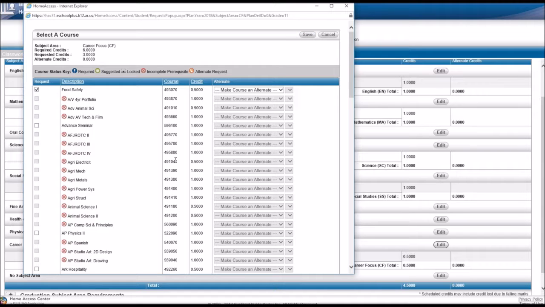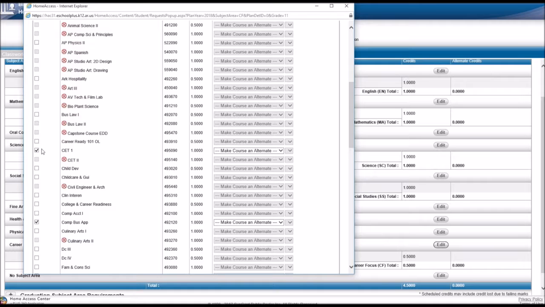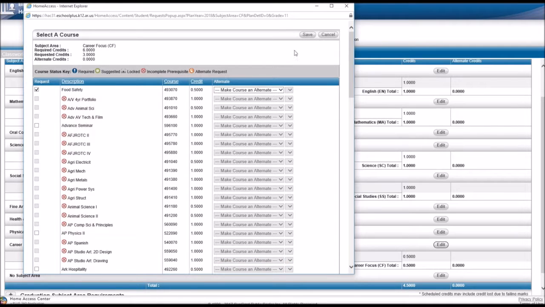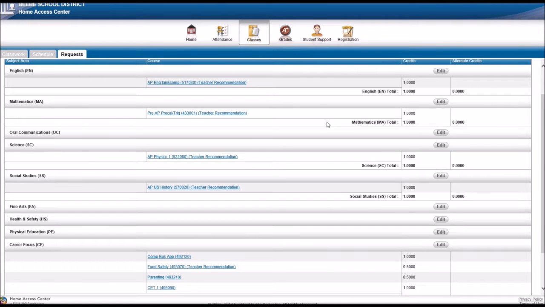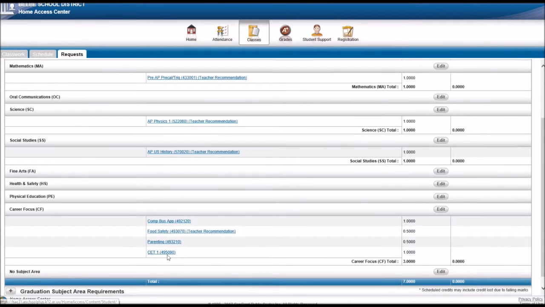So the next thing that you need to make sure that you do, you've got your checks here in all these classes. The top right, make sure that you click save. If you do not click save, it will not save these requests for you. So we'll click save, and you'll notice that now those courses are down here in the bottom. So now we've got our 7 credits here total,